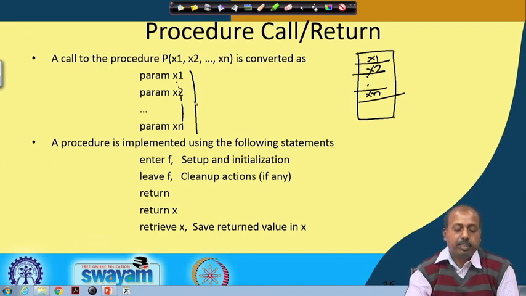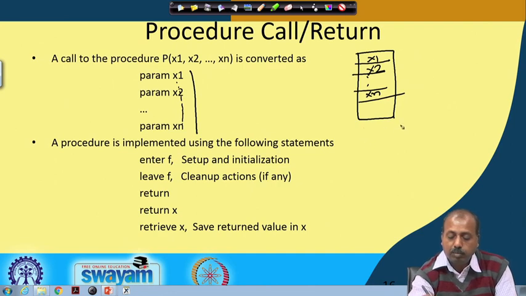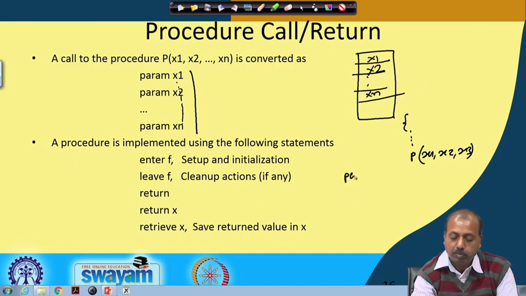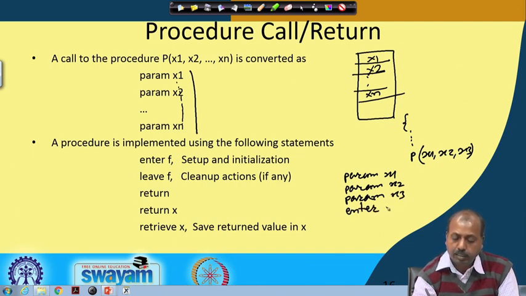Enter f: if I have a procedure call, say the main routine and somewhere here I have a call to procedure p with parameters like x1, x2, x3, then it will put these param statements, param x1, param x2, param x3, and then it will say enter p.